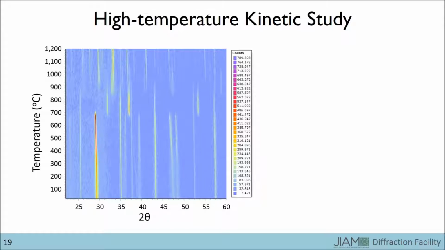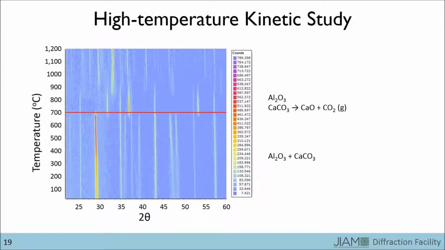In this experiment, the user began by mixing two materials, aluminum oxide and calcium carbonate, and pressing them into a pellet. That pellet was then placed in our system and data collection began. Once the temperature reached approximately 700 degrees Celsius, the calcium carbonate transformed to calcium oxide and CO2 gas, while the aluminum oxide did not react.